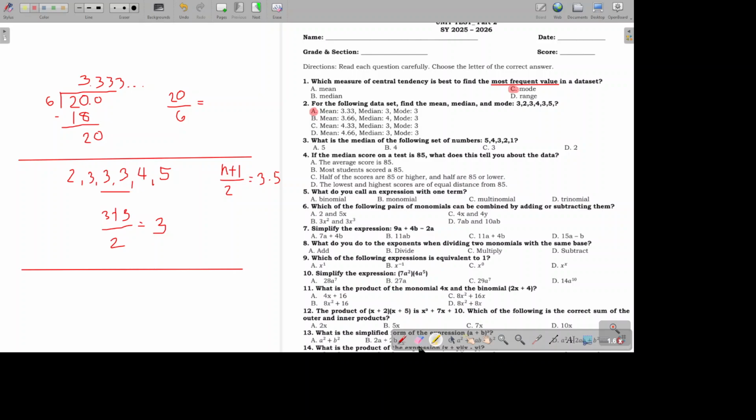By the way, pardon my writing since I'm writing using a mouse. So it's really hard to